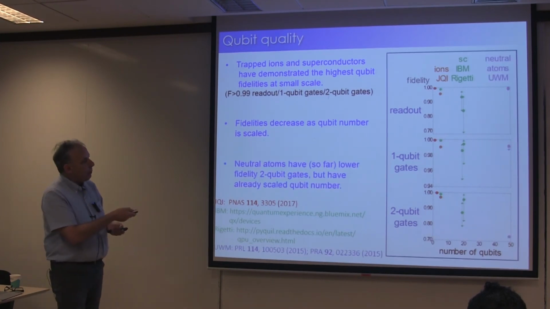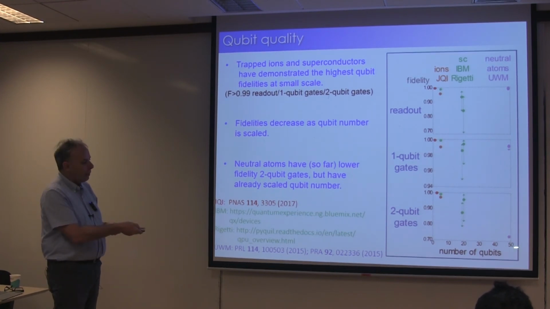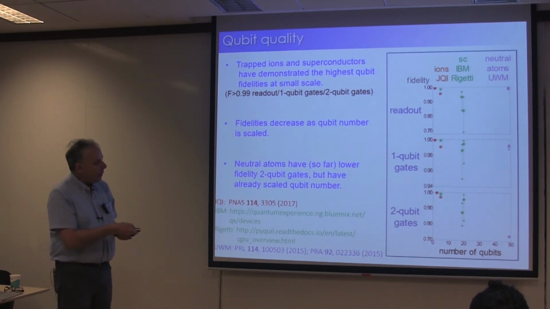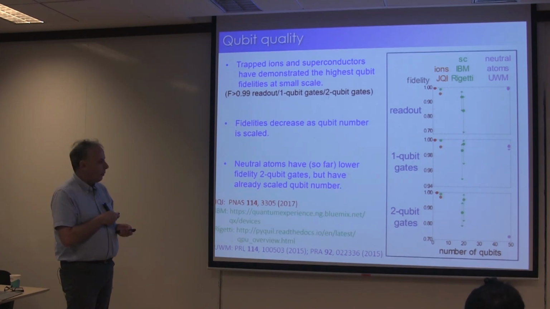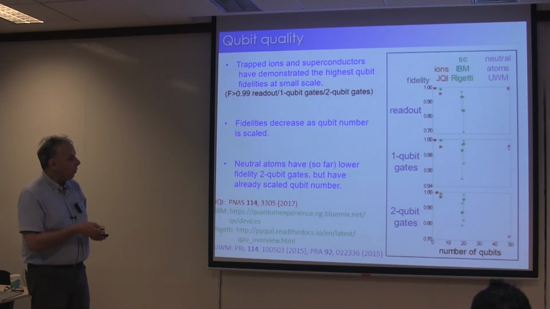Here's the neutral atom array, and we've actually already scaled, and our readout and our 1 qubit gates are performing very well at 50 qubit scale. We don't have such good 2 qubit fidelity, but our challenge here is not the scaling to number. We've already scaled. It's this intrinsic gate fidelity that we're working on. And I would make the claim that as we scale this even further, that won't affect this gate fidelity, whereas it's relatively unknown what's going to happen with these other technologies. So that perspective is part of our optimism for why neutral atoms are indeed a very promising technology to be pursuing.